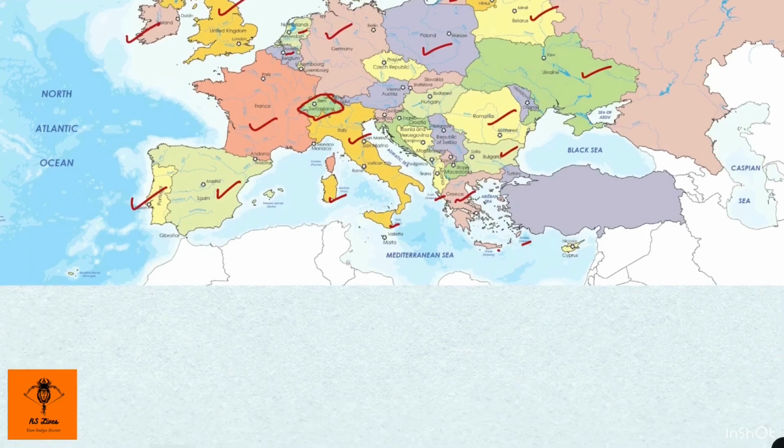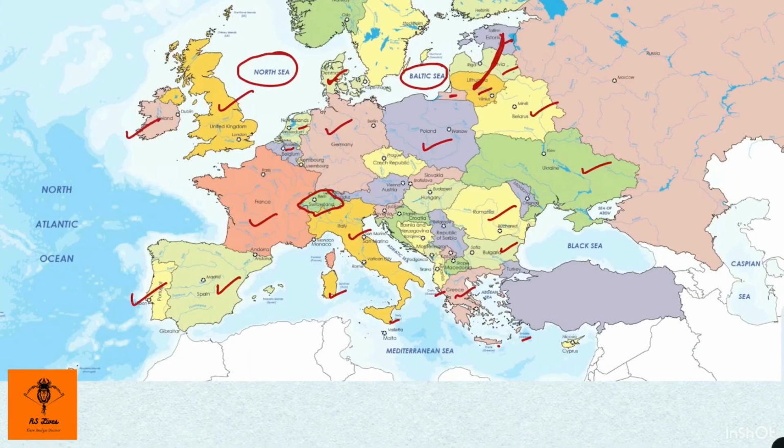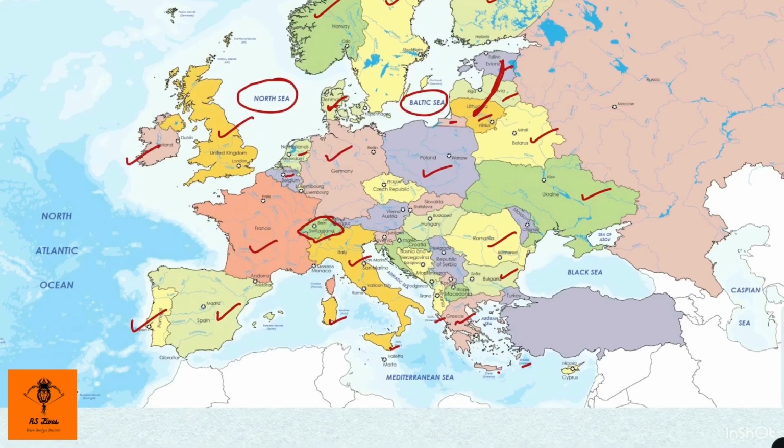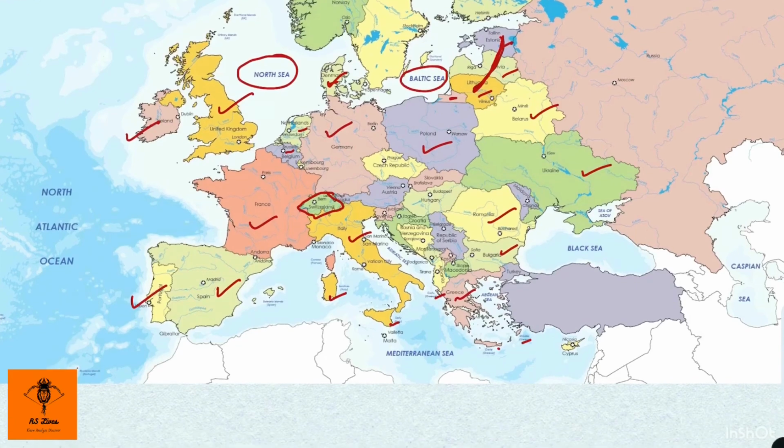Then we have Italy, and so we were talking about the surrounding water bodies. We have Norwegian Sea, North Sea, Baltic Sea. Now coming on to over here, we have Sea of Azov. This peninsula is what I was talking about. This is the Crimean Peninsula. We have Black Sea. This one over here is the Bosphorus Strait. This one over here is Sea of Marmara. It's not written over here, but make a note of it. It's Sea of Marmara. And over here we have Aegean Sea. And over here we have Adriatic Sea.